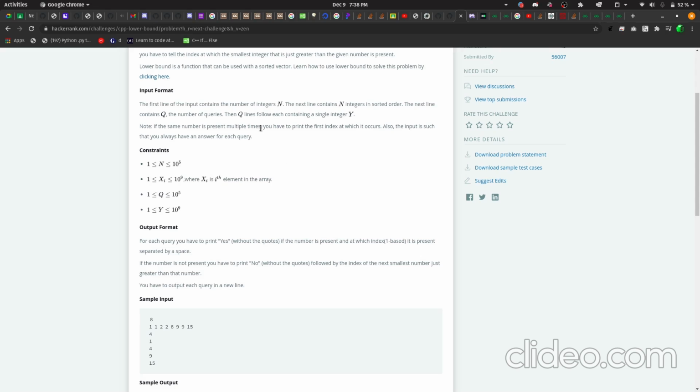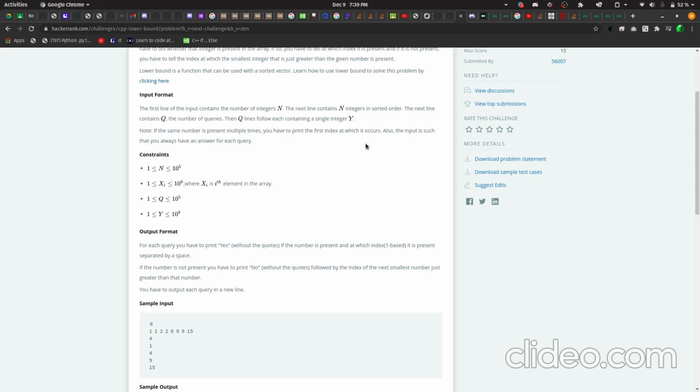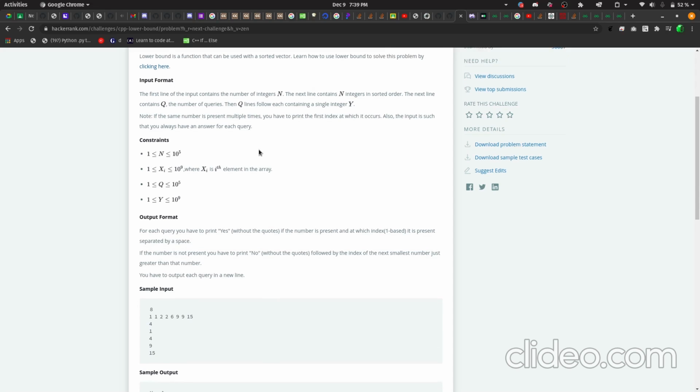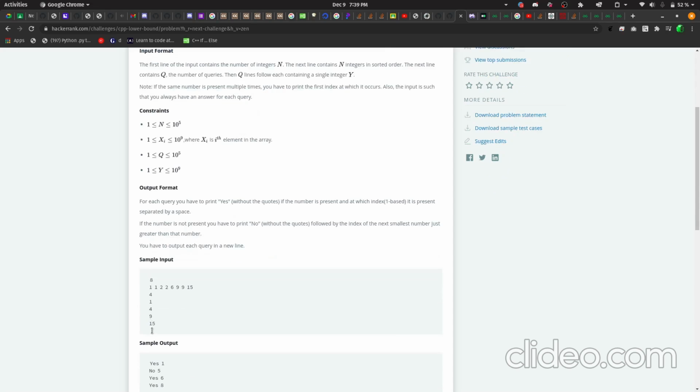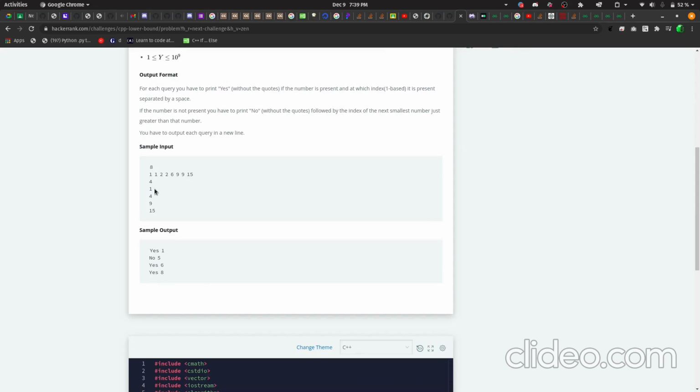The first line of the input contains the integer, the next line contains the integers in sorted order. Okay. The next one contains the number of queries, then okay, 4 queries, 1 2 3 4. Okay, first 8, it will contain this. If 1, yes, it is available. 4 not available, yes. Wait a minute, there's no 5 available in this list. How